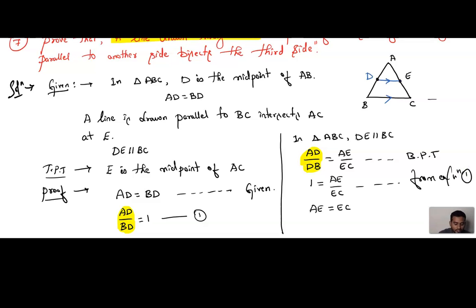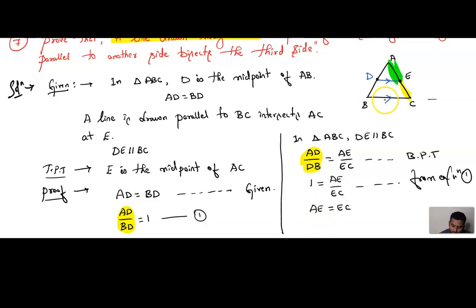Now can you see the figure? This is AE and this is EC. Now these both are equal. If these both are equal, it means what? E is the midpoint. AE and EC, both the values are equal. Like the example, 2 centimeter, and this also 2 centimeter. Another side also 2 centimeter. Then total is 4 centimeter. Got it? Can you remember?